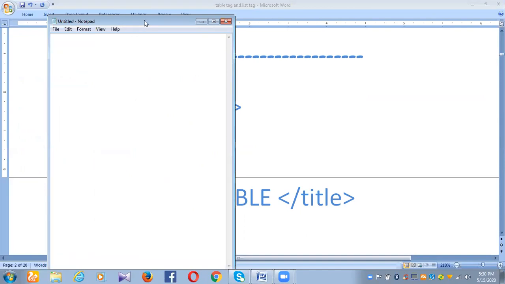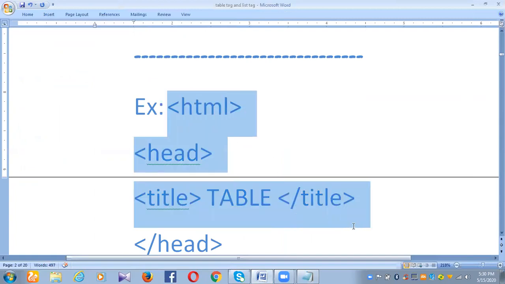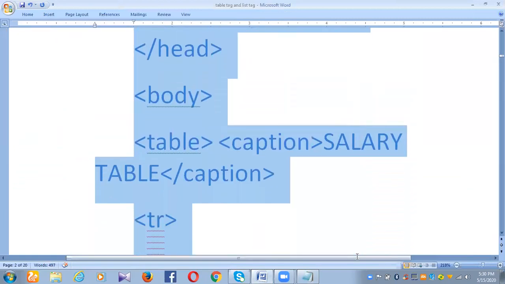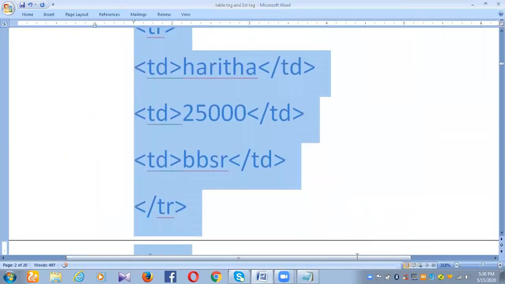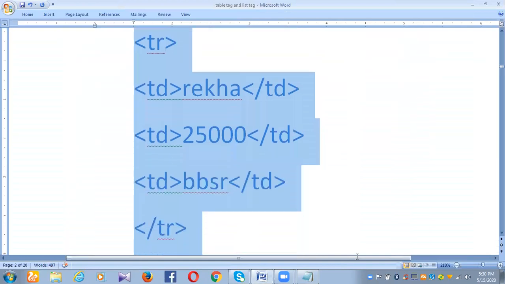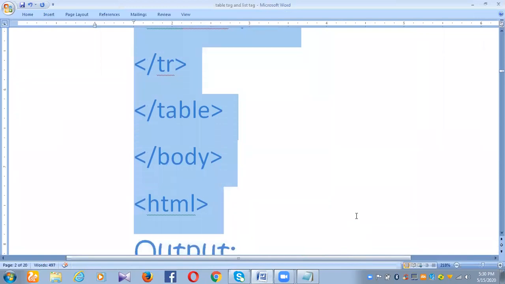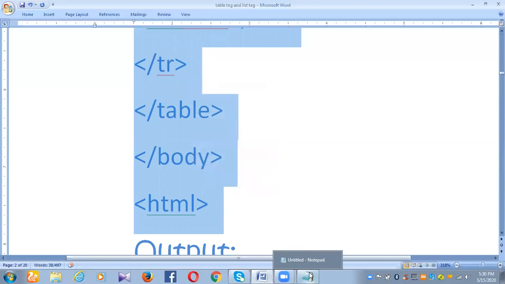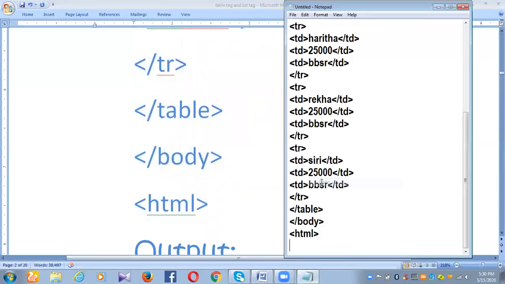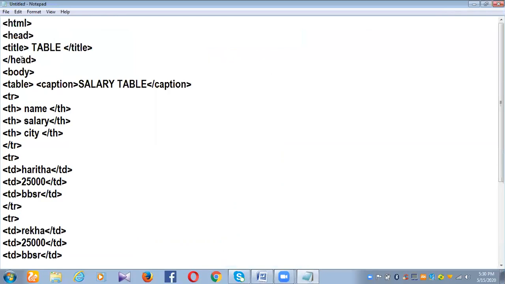See here, I already have an example to show you the table and how the data is displayed. Let me copy the text and paste it. In the HTML head, in the title I have given table.